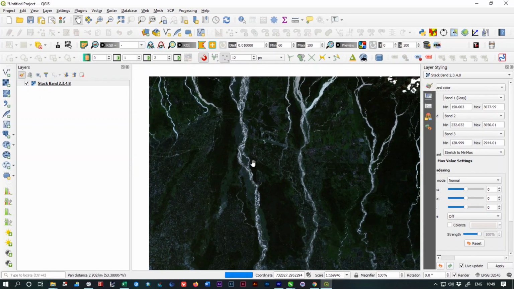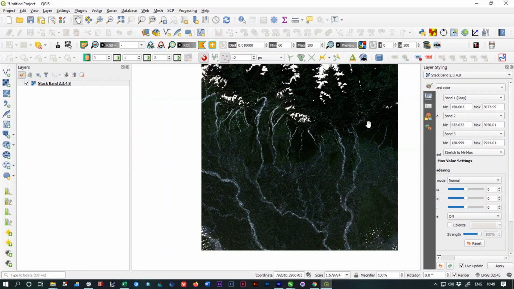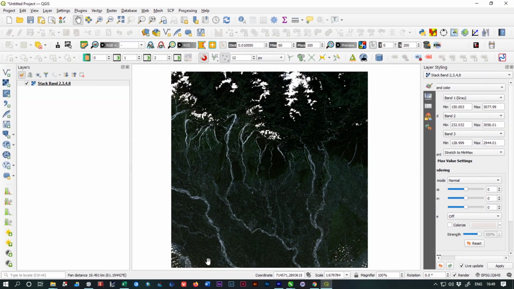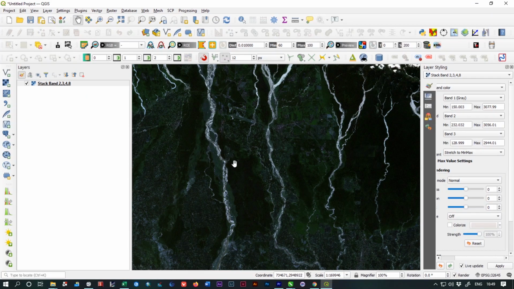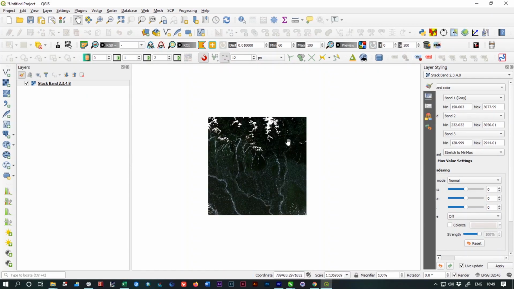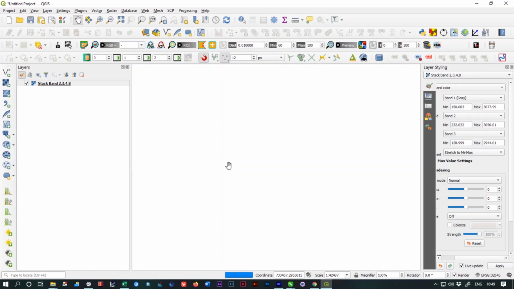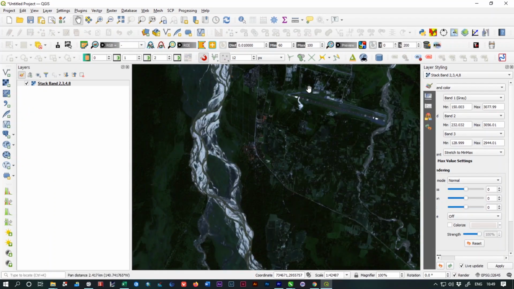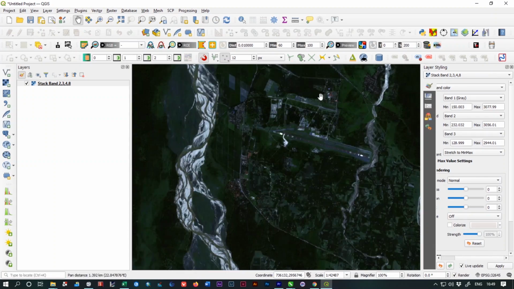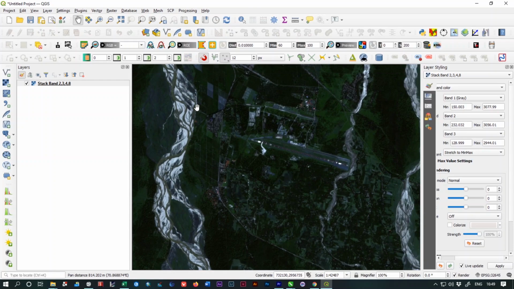So now we have to crop our area of interest, because this is the total tile of Sentinel-2 satellite. If I perform supervised image classification on the entire tile, it will take much more time, and for the tutorial purpose I have to crop the raster layer so that it will take less time, and I am going to crop the stack band.